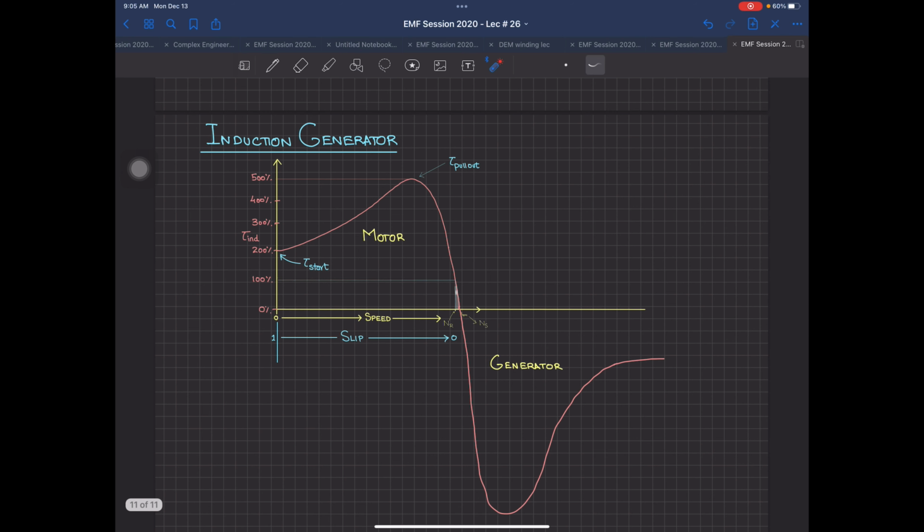Okay, coming on to the last article of this one, that is the induction generator. Now listen to this very carefully, because this is more of a theoretical article. Details of this, you may find in your renewable energy course, maybe it gets offered in your session, because sometimes it's not offered every time. It is not offered for session 2018. Maybe it gets offered for you.